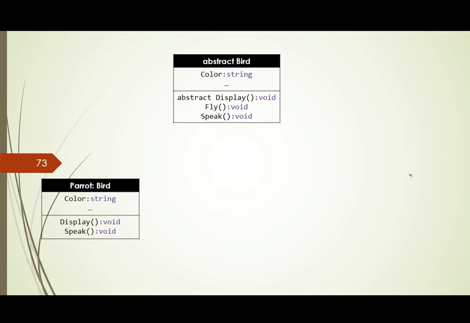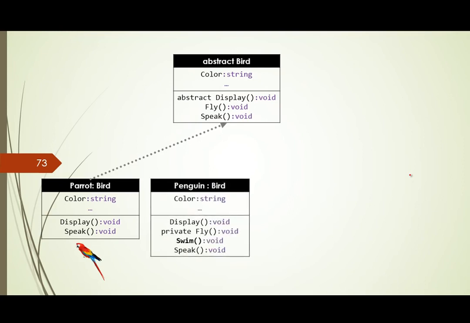So let's say that I want to implement a parrot class from the bird abstract class. So what I did is make a concrete parrot class from the abstract class, and then write the display method, and when I print the display method I see the parrot object. So let's say I have another bird, which is penguin, and I inherit from bird, and when I display it